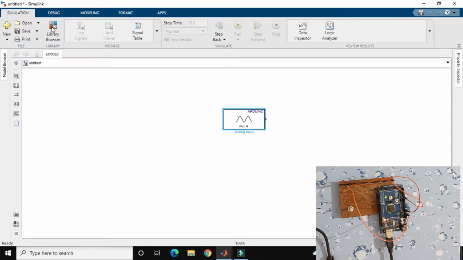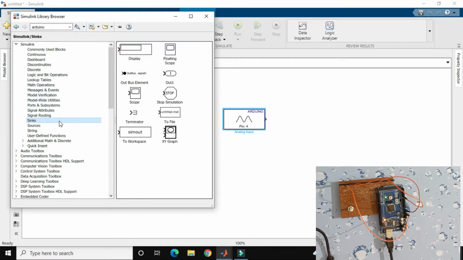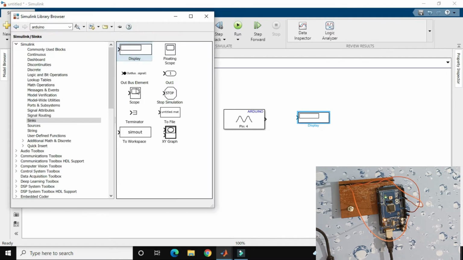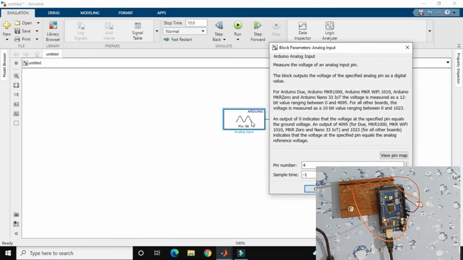I also require a display unit, so I go to the sinks, where you can use display or also the scope. I connect this, and as you see I connected analog pin number 8, so I put 8 over here.